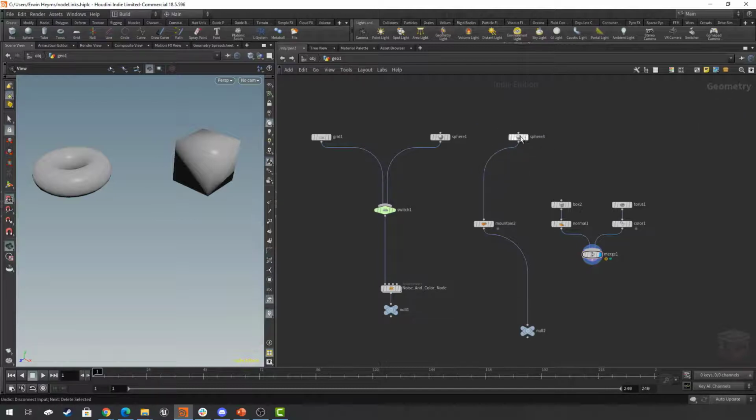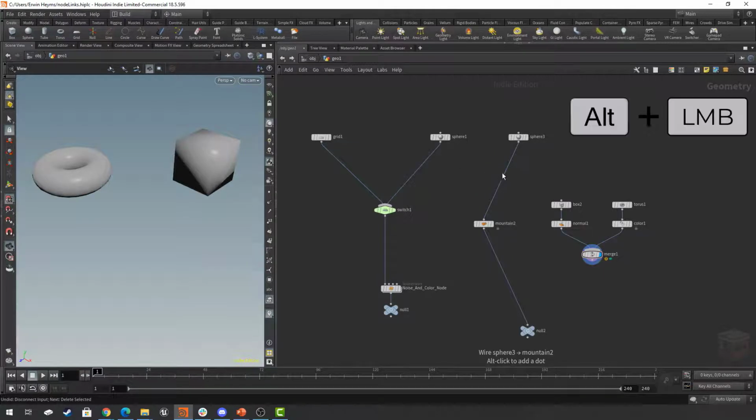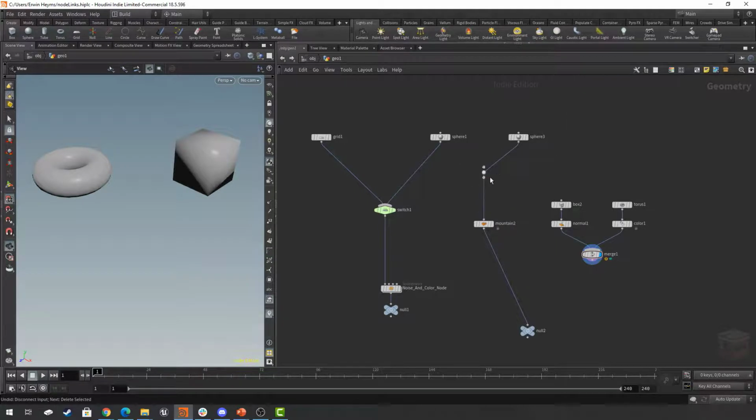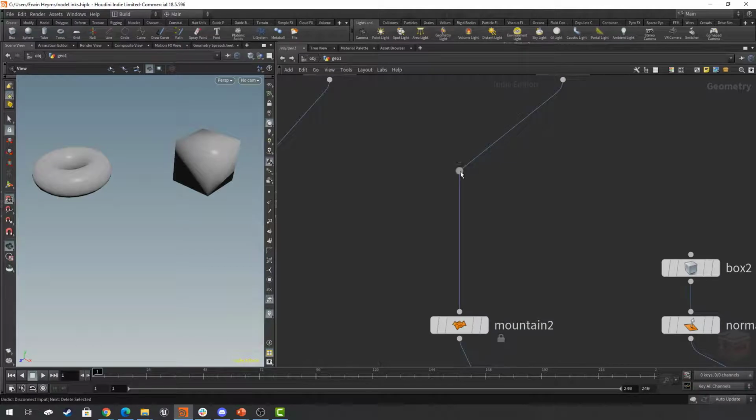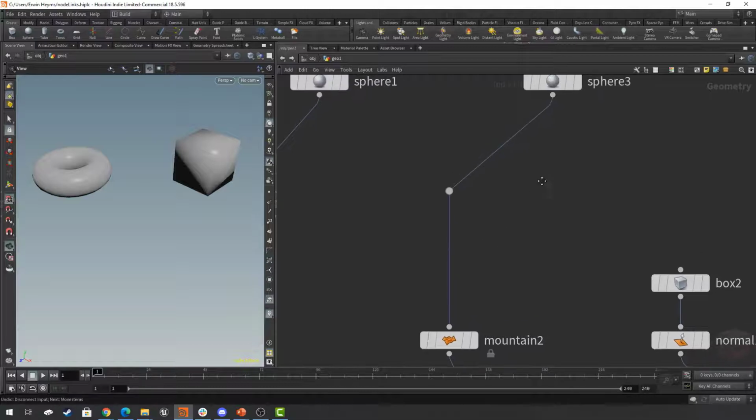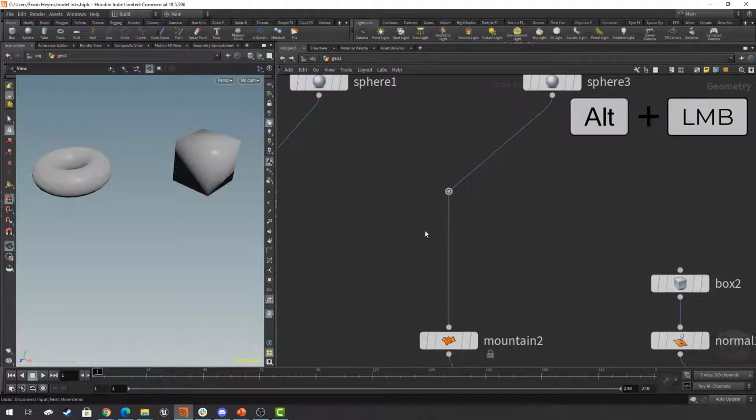But if I want to add some dots on these lines, so I can control where these lines go, I can use the Alt key. If I press the Alt key on a line, I create a new dot. And by default, this dot is temporary. If I disconnect this line, the dot gets removed. If I press the Alt key on the dot again, and I disconnect the line, then this dot is pinned